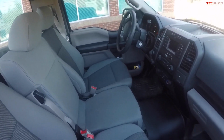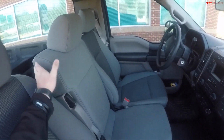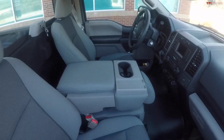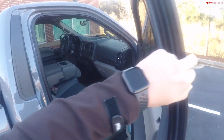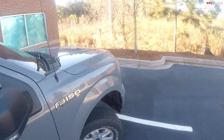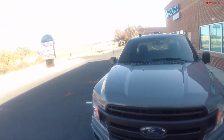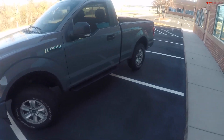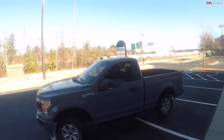If you got a family or dogs or whatnot, you're going to be kind of limited in space. It does have the center console that folds down, so that's kind of nice. A couple extra cup holders, armrest, all that fun stuff. It's not too much to it, right? So overall, it's a pretty basic configuration, but I really like it. I'm a big fan of it. It's exactly what I wanted with the regular cab short bed. I set out looking for that. I was happy to find one, but